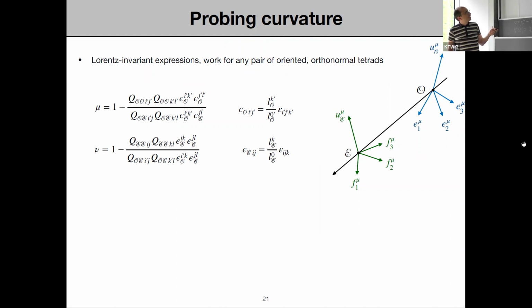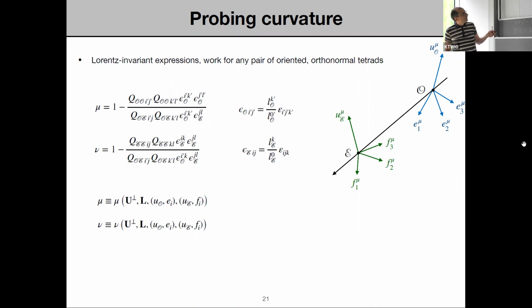It takes a bit of messy algebra, but if you take the spatial antisymmetric tensor epsilon in both endpoints, you take the components of L and Q, you can show that something like this happens. So we can express mu and nu using the various parts of Q and various components of the vector L. So we have shown that mu depends on this extrinsic curvature of the local surface of communication, the